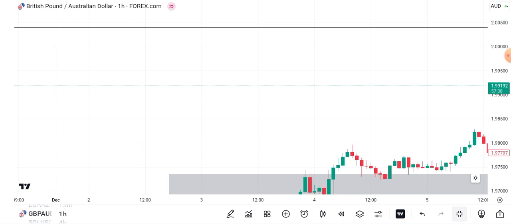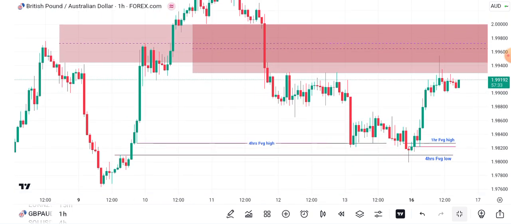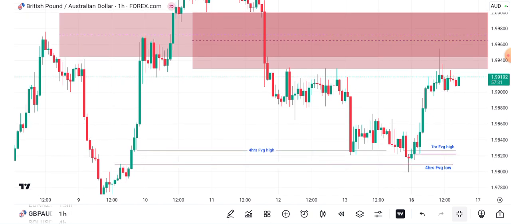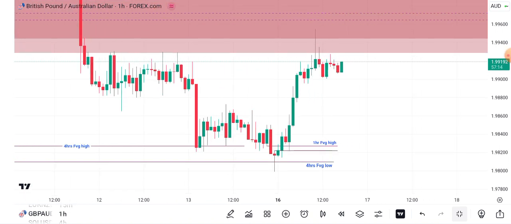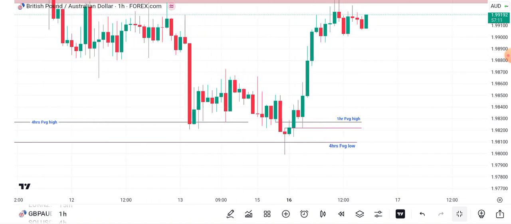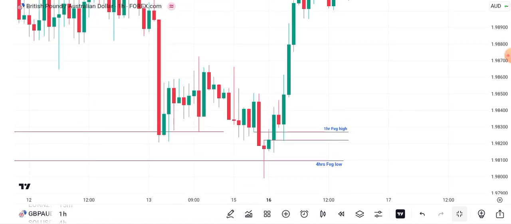Now this is the 1 hour time frame, and that was the 4 hour fair value gap. I actually had to draw it this way so that we'll understand it. And this is the 4 hour fair value gap low. Now you will see that after price had already reacted, entered into the fair value gap very well, the 4 hour fair value gap, there was something that happened here